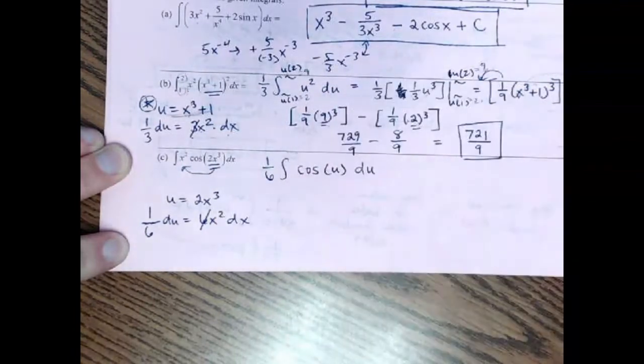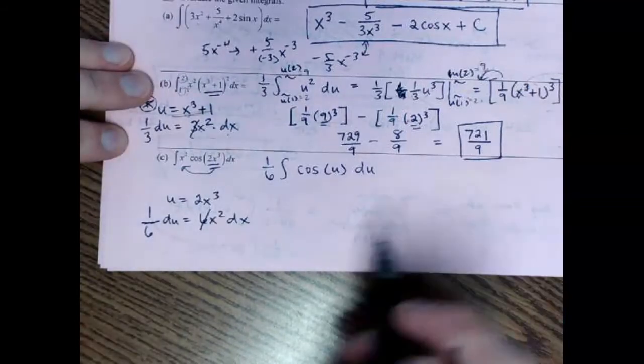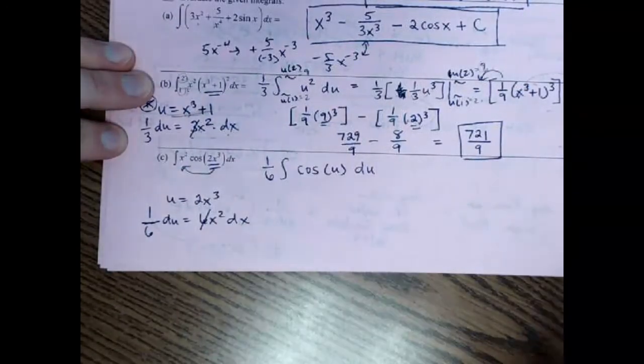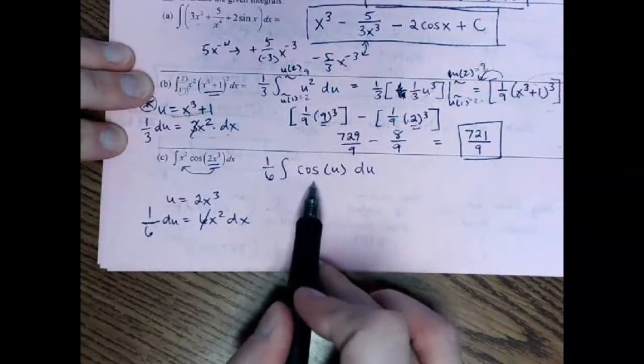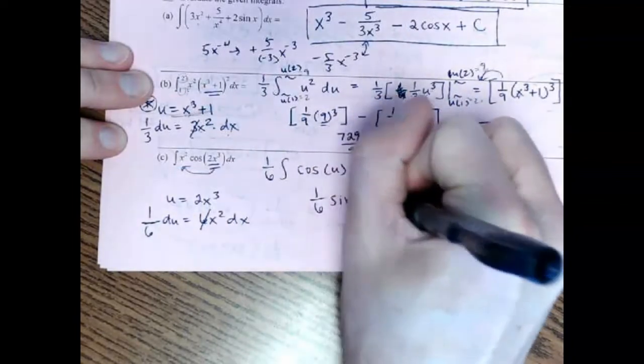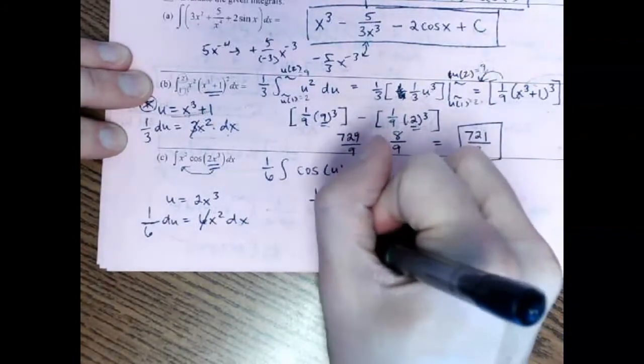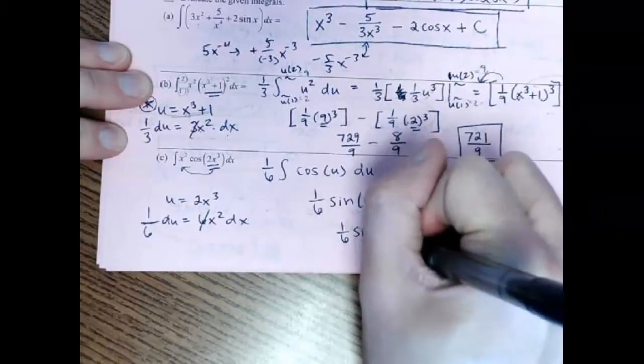So this is 1/6 cosine of u du. Think what would give you a positive cosine as the derivative. We're looking at the derivative, trying to work our way backwards. If the derivative is positive cosine, that means the original function must have been a positive sine. Don't forget your plus c, and then reverse substitute: 1/6 sine of 2x cubed